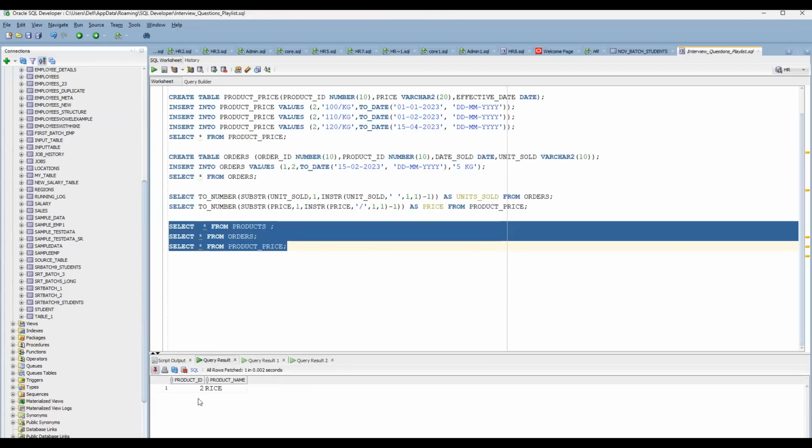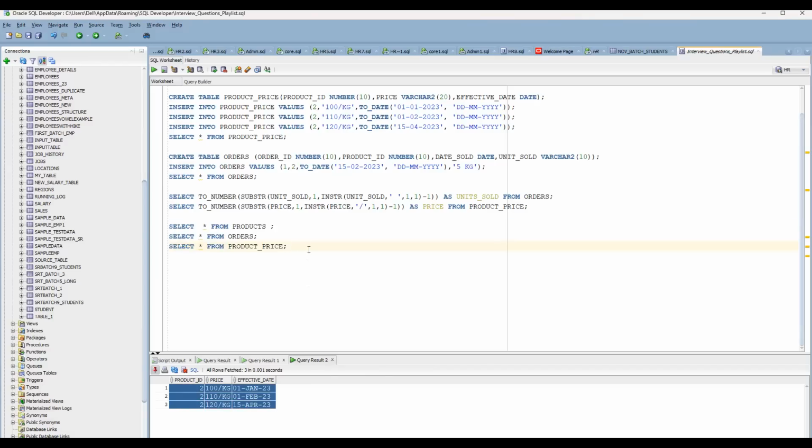Here, if you see, first is the products table with 2 and rice. Second is the orders table, order ID 1 and product ID equal to 2, on February 20th, and 5 kg. And third is product prices. Whatever we have discussed is the same thing available here. Now, what is the question majorly? Product name